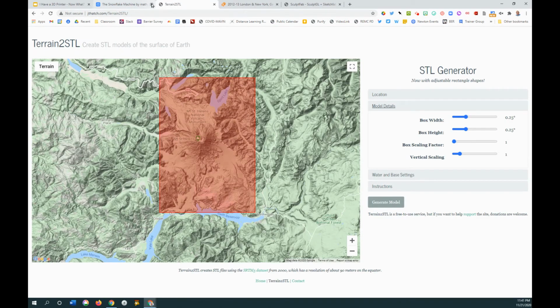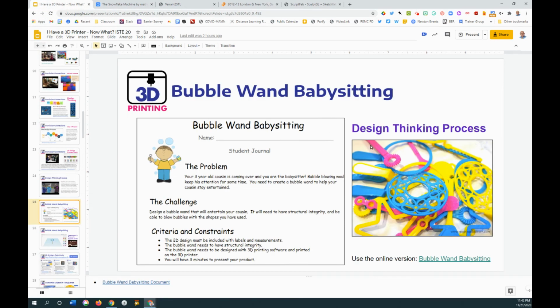We're also going to talk about a terrain maker. This is a program that will create STL files of terrain. Like here is Mount St. Helens, and you can go anywhere you want on the planet. You can generate a terrain map and then print it out and talk about terrain and actually feel it. I love that. We're also going to talk about a project where students design their own bubble wand to help